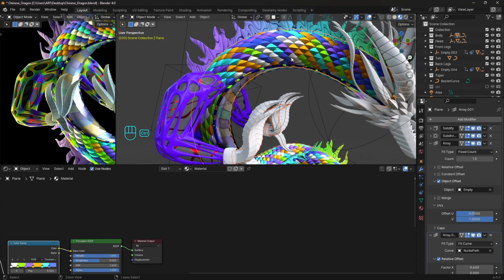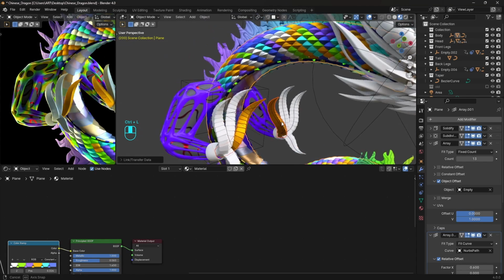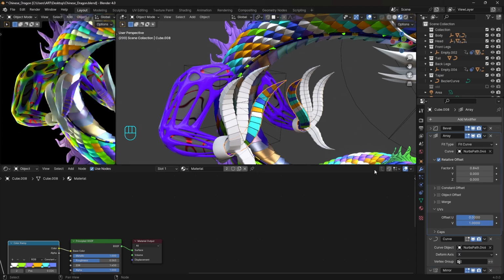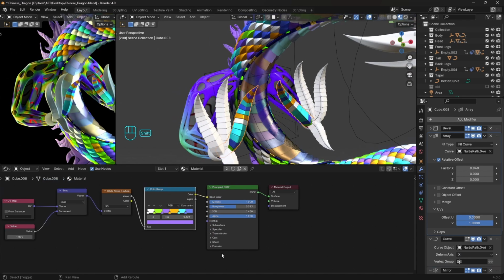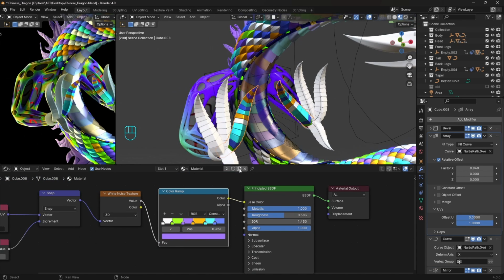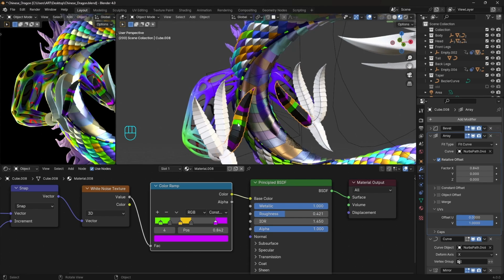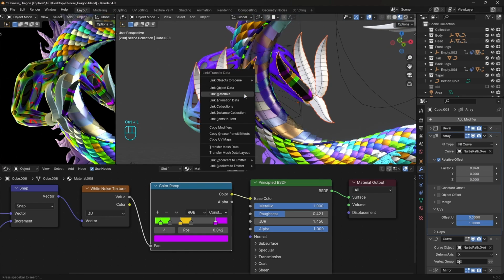We can just link the body material to the clothes. They're both using UVs and we already have the setup there. Just have to set the V's to 1. Before adjusting the material, make sure you click here to make it a single user and don't mess up the other materials. Pick whatever colors you like, decrease the roughness a bit, and let's start linking the materials to the other parts.